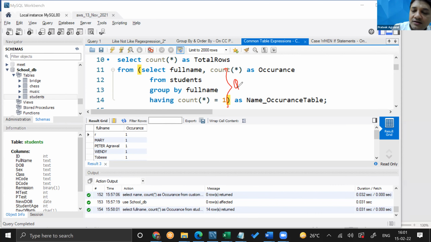This query gives a table output. Any query gives a table output, right? Yeah. Then we have given it an alias name. But remember, this is not getting saved anywhere. This is only a temporary thing.